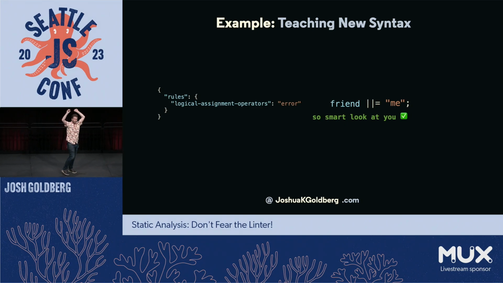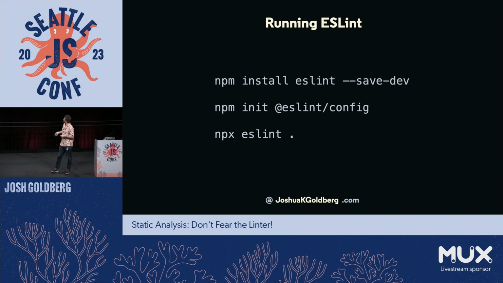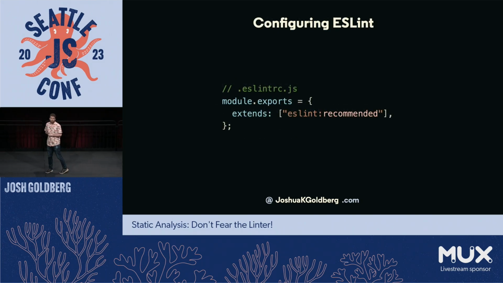Yay, ESLint, woo! Now, ESLint getting started is fairly straightforward. You can write a config from scratch, or you can run through their little wizard at eslint/config to set up all the plugins and settings that you might want. There are a lot of different JavaScript project forms in the world, so it's nice to have a tool that'll set that all up for you. And I recommend personally, at the very least, extend from the built-in default ESLint recommended rules. ESLint ships with a set of rules you can enable, and this has been vetted and discussed and debated and changed over time to reflect the stuff that basically every repository probably wants.